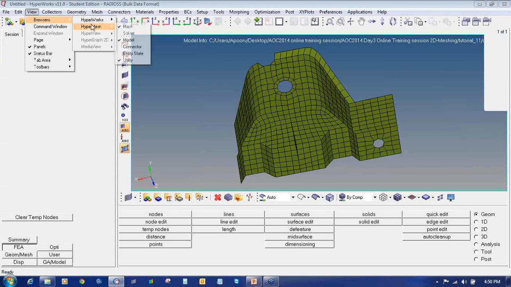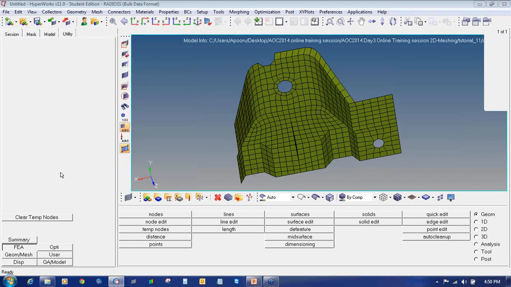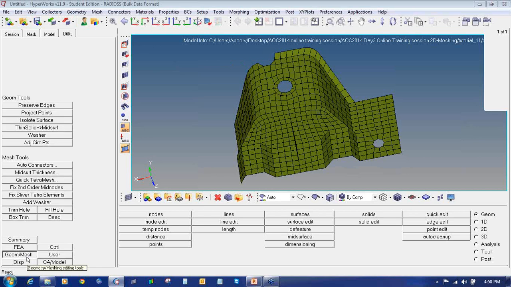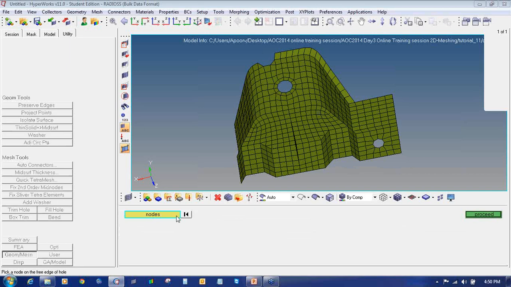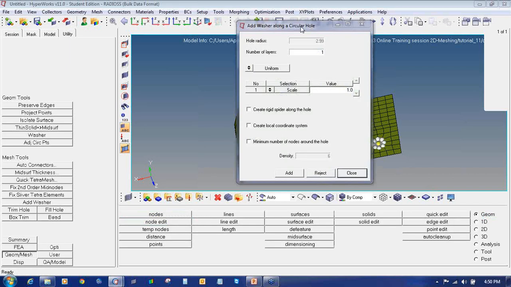If utility is not there, go to files, browser, Hypermesh, and check box the utility. So it will get highlighted. On utility, go to geometry/mesh, select add washer from the utility menu. Select a node and say proceed.